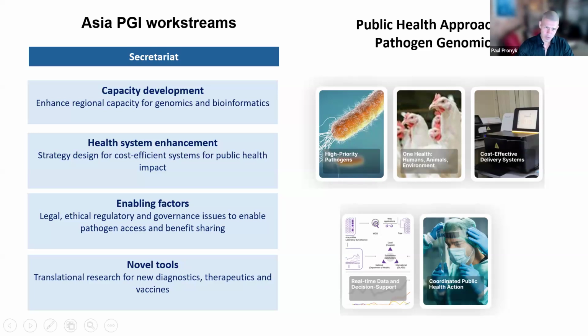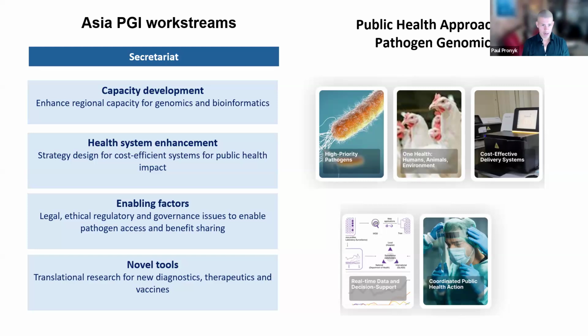The approach we're using takes something that even 5 years ago was often a research tool in many countries to look at rare diseases, and applies it to high priority pathogens that exist in Asia and Pakistan. There's a range of different challenges that we all face, and you only want to do things like genomics on usually a portion of them. So that's quite key: finding the priority pathogens in your context.